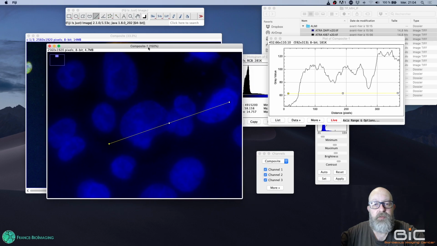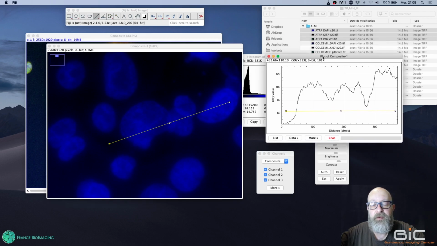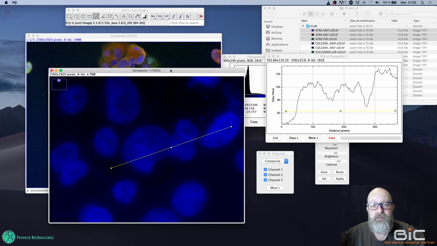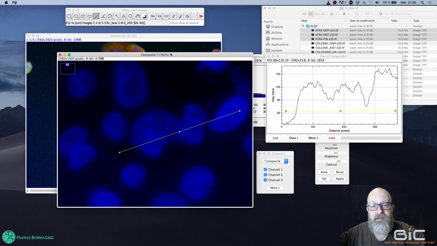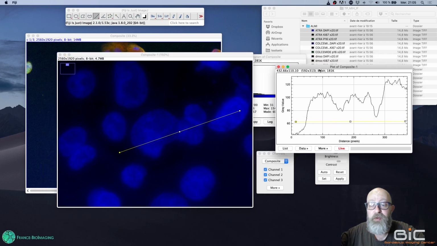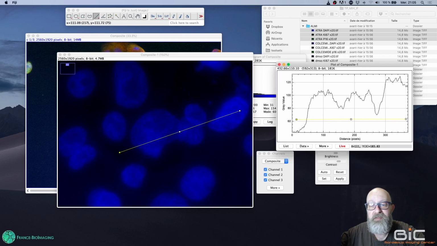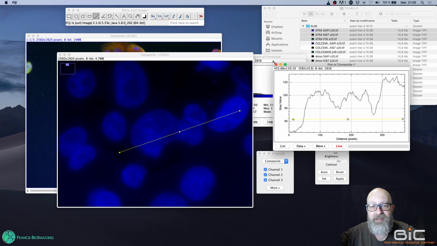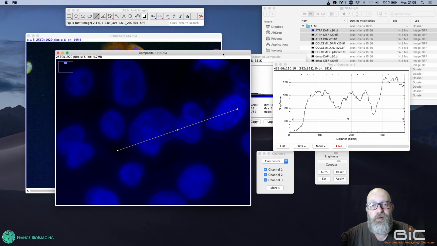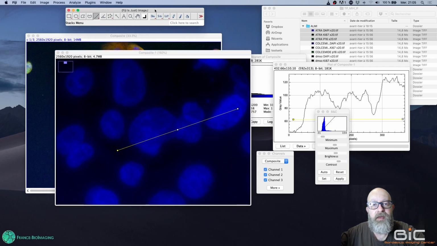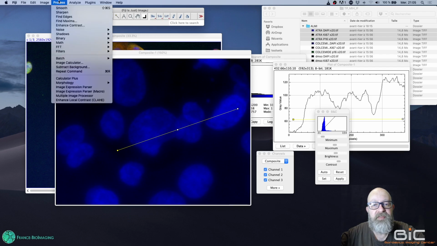Back to this image where I've got a line, and on the side a graph corresponding to the profile plot over the line, still in live mode. I click on the image to make sure it is the active one. This graph is also an image, so if I do a processing, it will process the graph if the graph is active. This is why I always click on the image I want to process before going to the menus. In this case, I will go to the menu called Process,